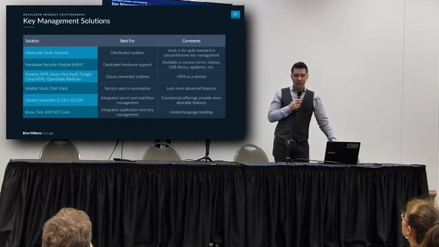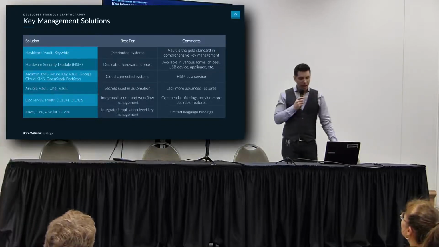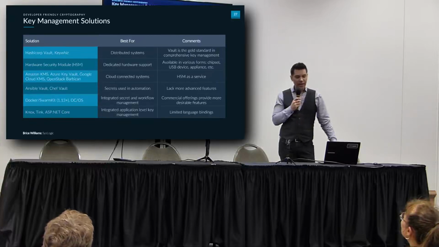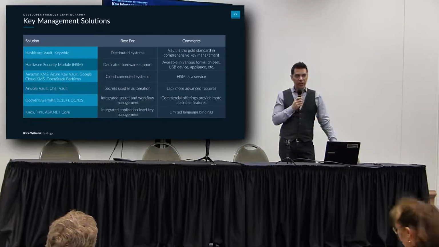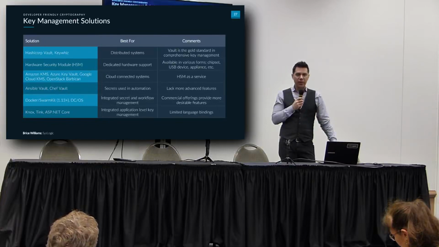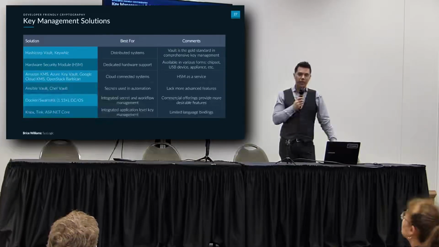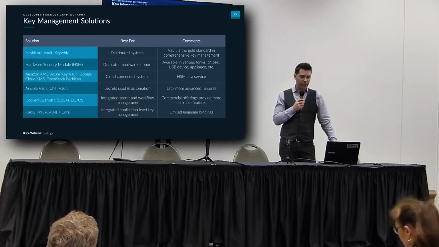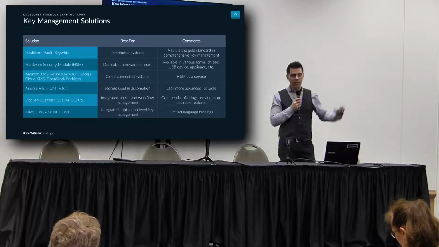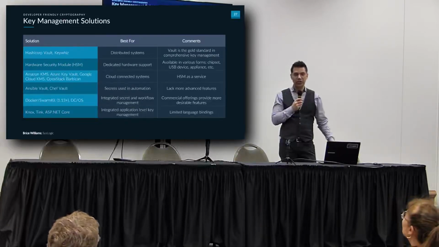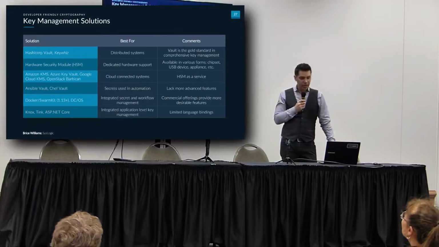If you're working in the cloud, you've got things like Amazon KMS, Azure Key Vault, Google Cloud KMS, and OpenStack's Barbican. These are all HSM as a service, essentially, which is great, especially if you need to use an HSM on a more periodic basis. You don't have the funds to get a full HSM appliance. You can just leverage one of these systems in a fairly inexpensive manner with good, robust security. On the back end, they're essentially using those HSM appliances themselves.